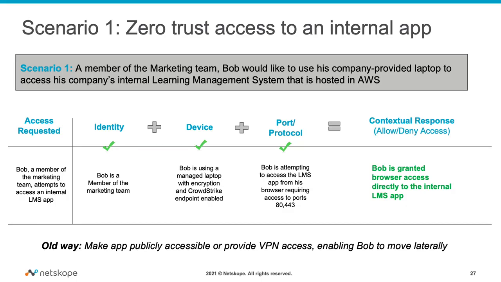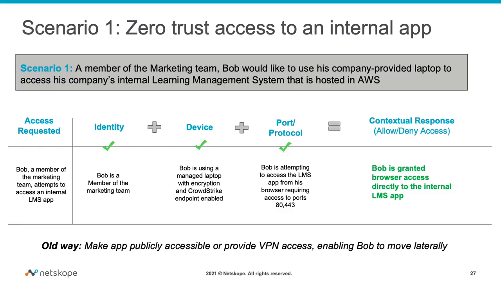We will only allow access from a managed device that has not only had the Netskope client deployed, but the device needs to be running CrowdStrike endpoint protection and the device's hard drive needs to have been encrypted. Now, once the trust criteria has been met, we can grant Bob access to the app. However, since Bob is in marketing, he only gets access via a browser and cannot access the app via other